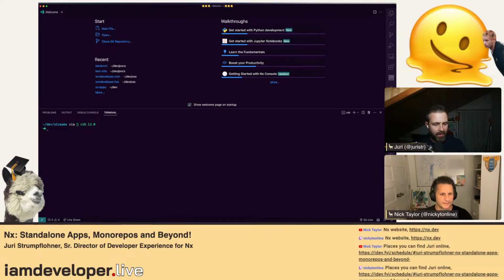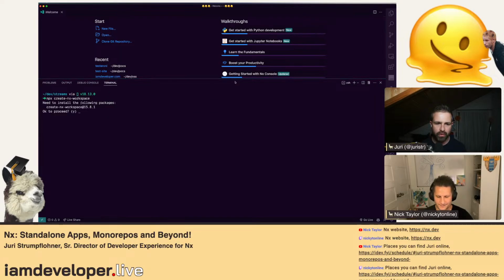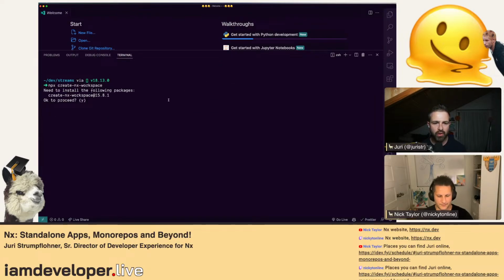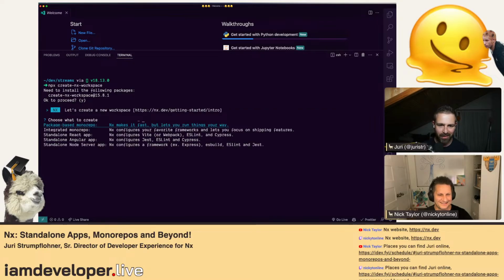Yeah, there's basically a package that can generate that initial setup, so you could run npx create-nx-workspace. I usually apply latest, but that should be fine if you don't have another version of it. It's the latest one. Perfect. So it installs 15.8.1, which is out basically since two days. So it's brand new. We didn't even release the blog post yet, so people got the first view right in this stream here.